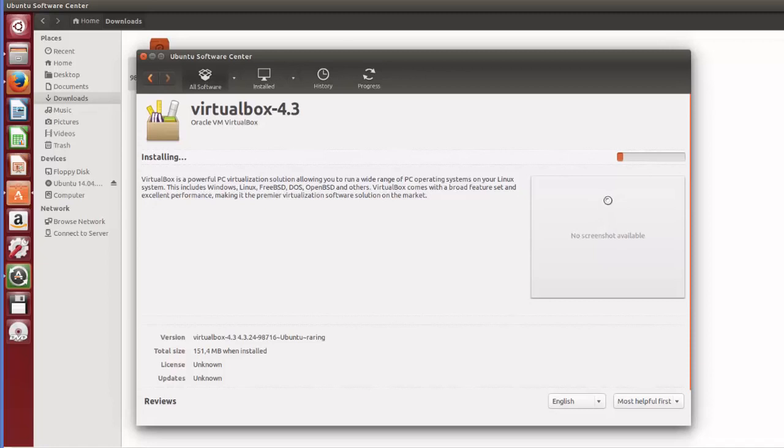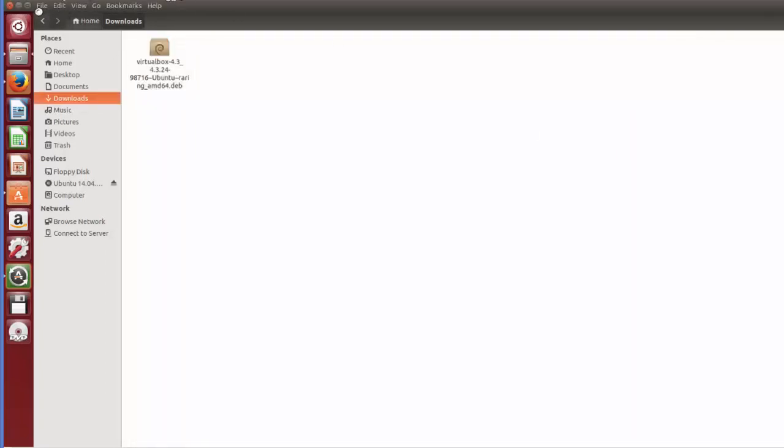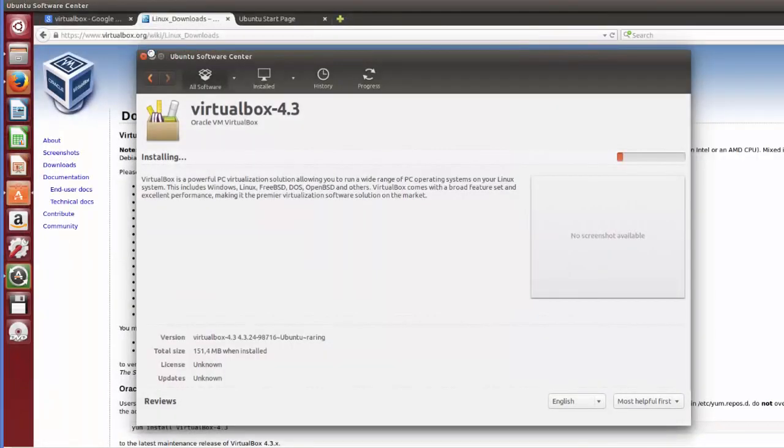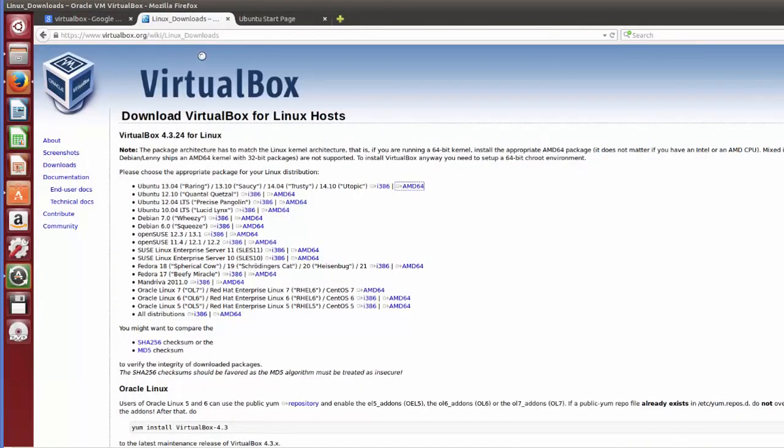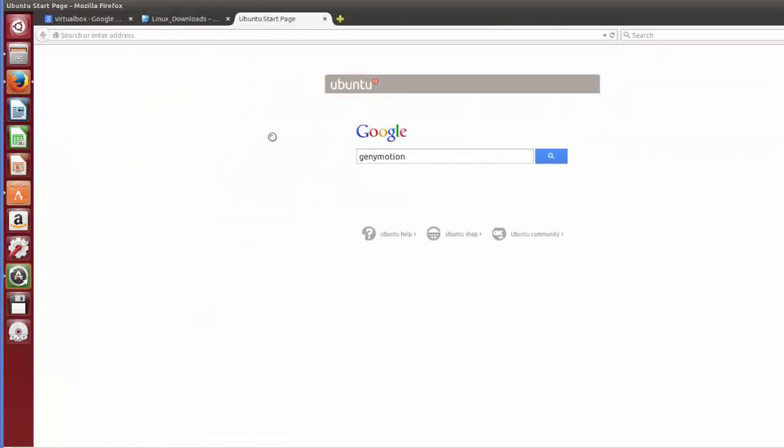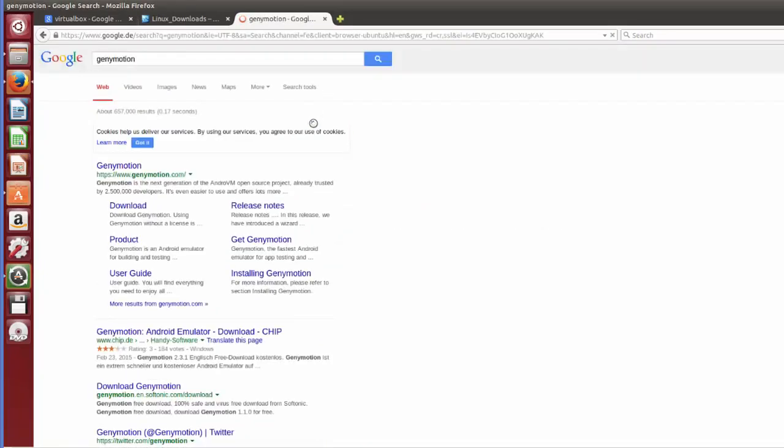While this is installing, what we can do is also download Genymotion from its website. So let's leave this process running right now, and let's get Genymotion also. So I'm going to go to my browser once again and search for Genymotion, and the first link will be from genymotion.com. Just click this link,